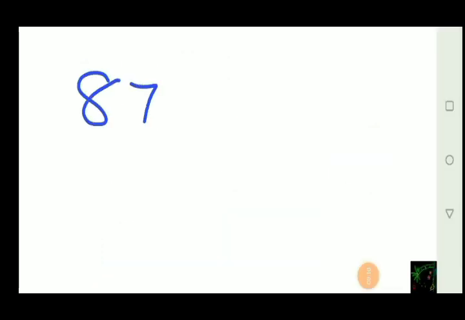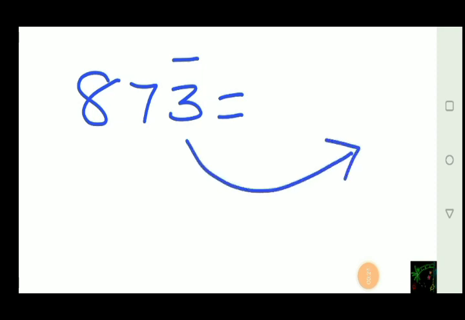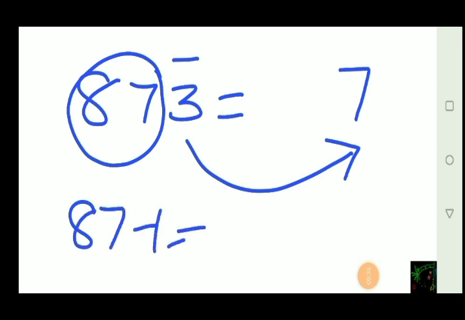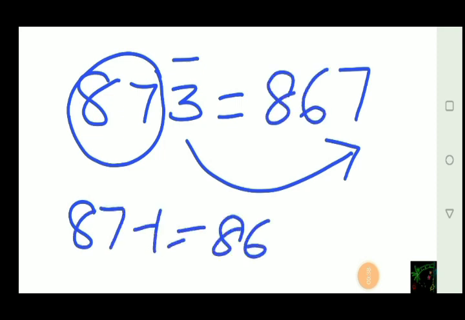Let's take the example 873. Now there is a bar at 3. So when we devinculate this number, we will be getting last from 10. We are having 10 minus 3, 7. Then we are having 7. So we will be getting this number 87 will be 1 less. That is we are having 86 because there is no bar after the number 3. We are having bar only at 3 and we use the formula all from 9 and last from 10.